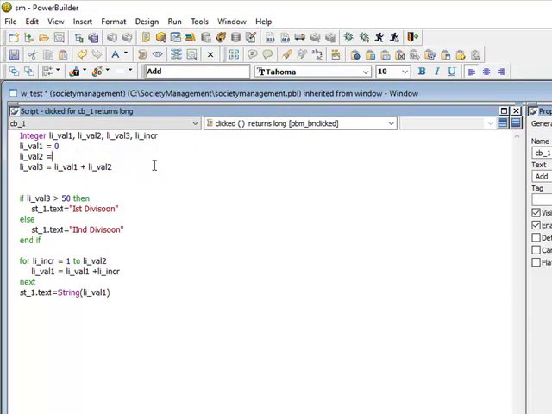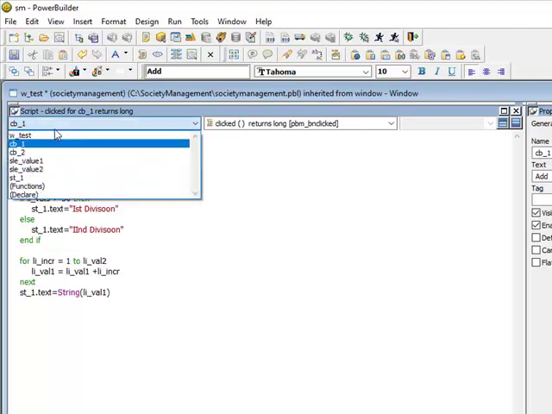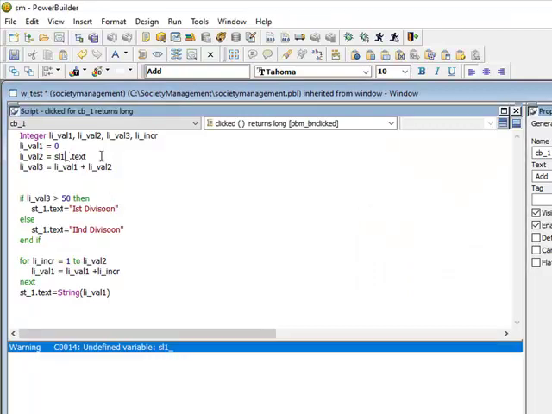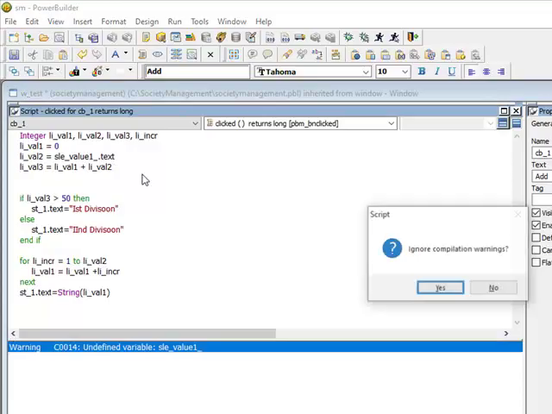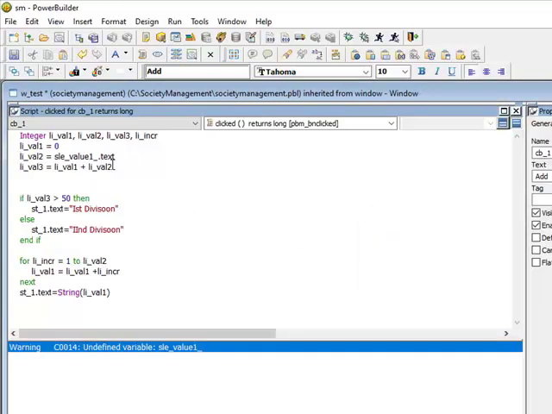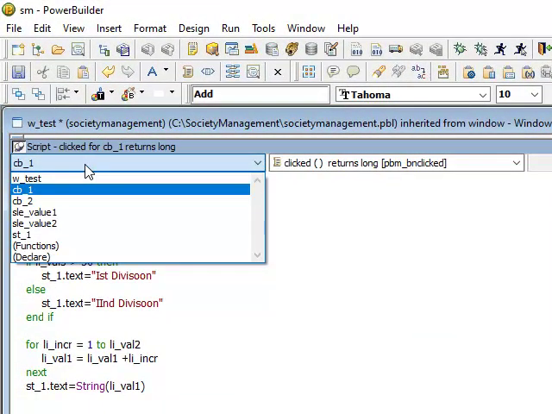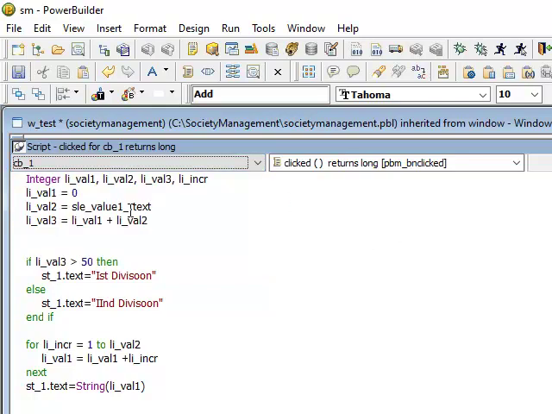Okay, guys, so what I'll do is SLE_value1.text. What was the name of this one? SLE_value1, control S. Oops, sorry, I'm doing something wrong.